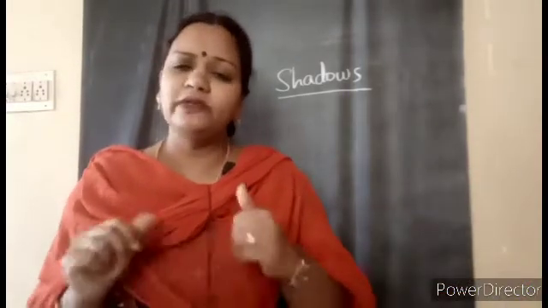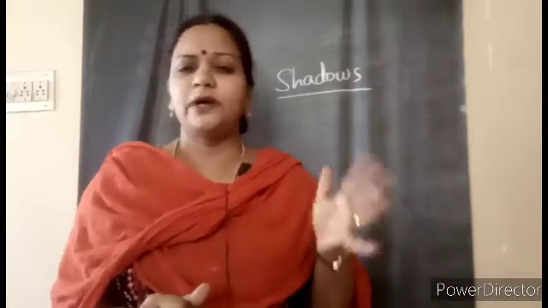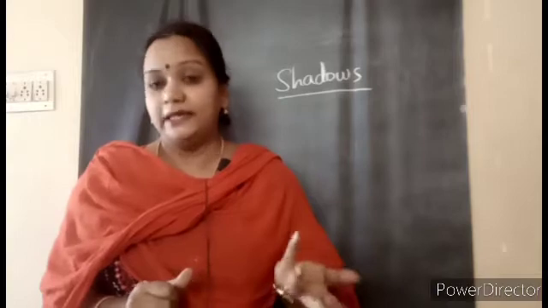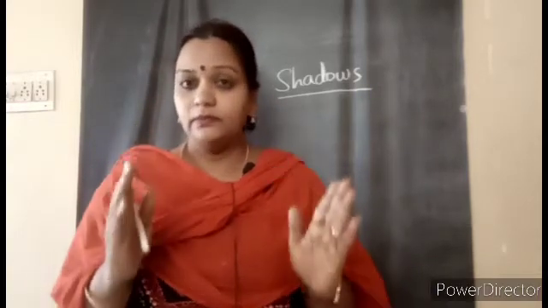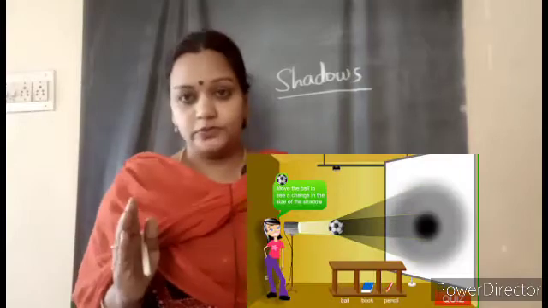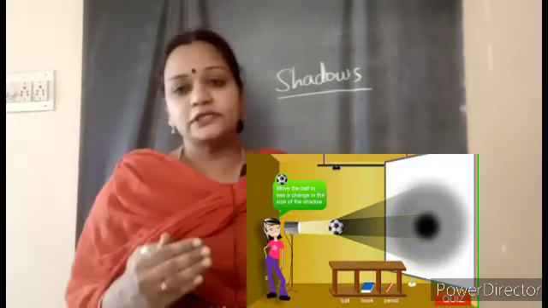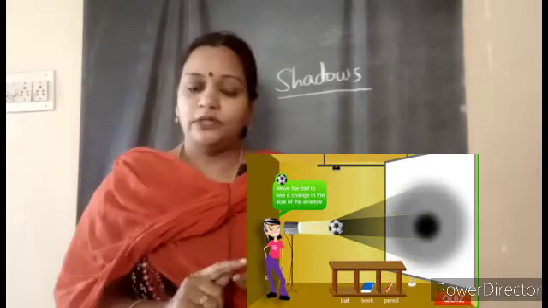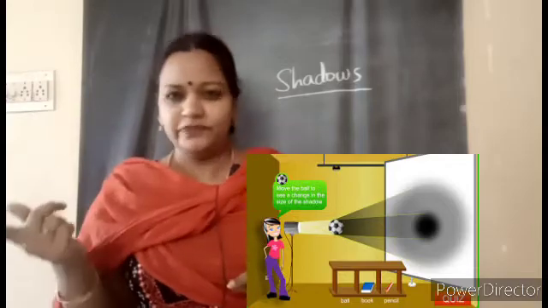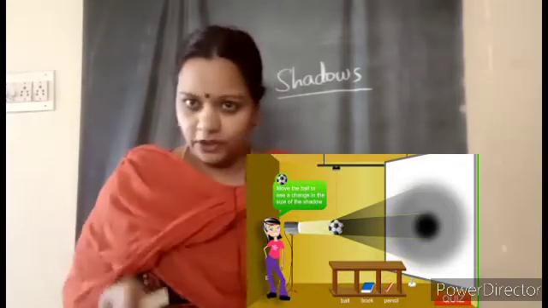And now, do you know when the shadows are formed? In what way is it connected with transparent, translucent and opaque objects? Yes. When light rays fall on an opaque object, or in another way, when an opaque object blocks the way of a light ray, the shadow is formed. The shadow of the object is formed. When you see the shadow, the outline is like you, no, children?